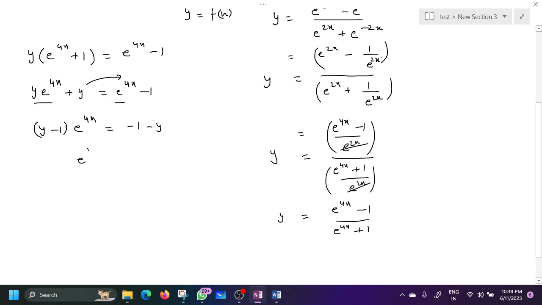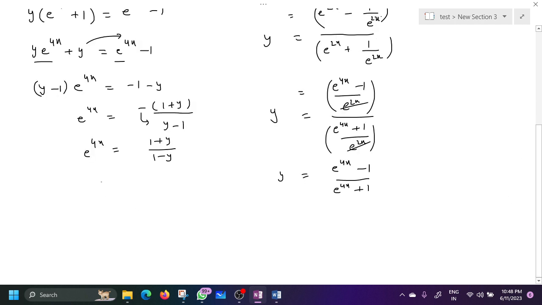Now you have e^(4x) equal to (minus 1 plus y) over (y minus 1), or if you give this minus sign inside the denominator, you will get (1 plus y) over (1 minus y), and here you have e^(4x). Now see, our motive is to find the value of x. We have to find the value of x. For that we need to take